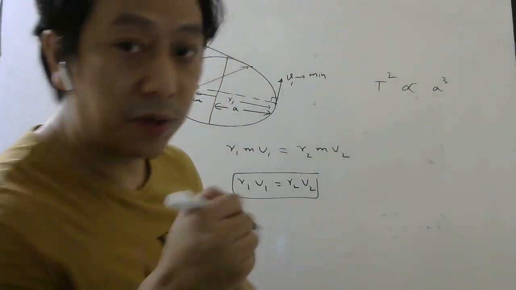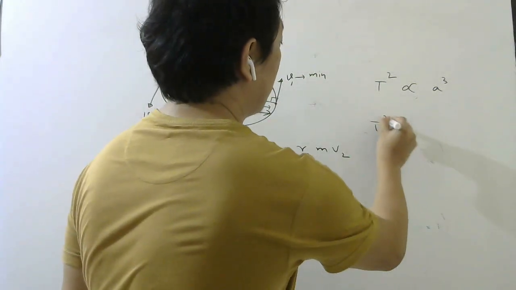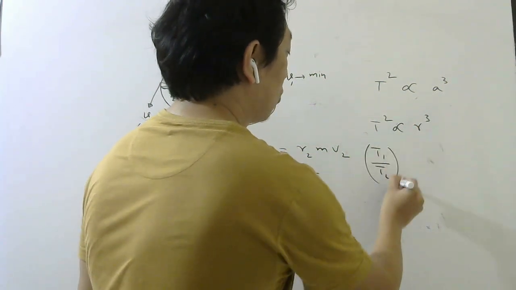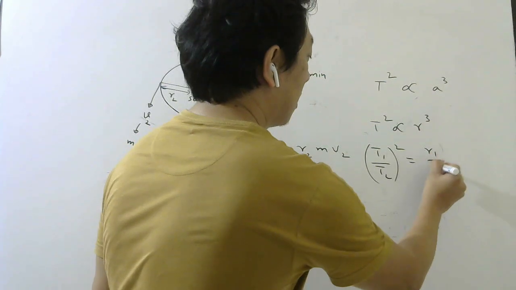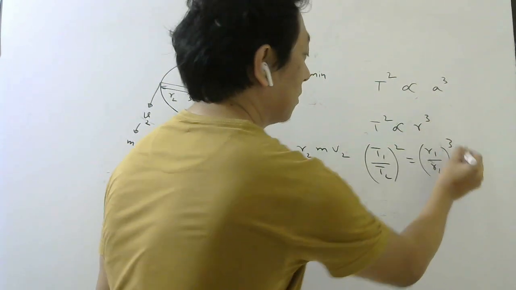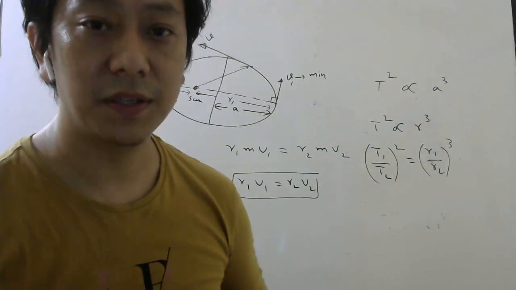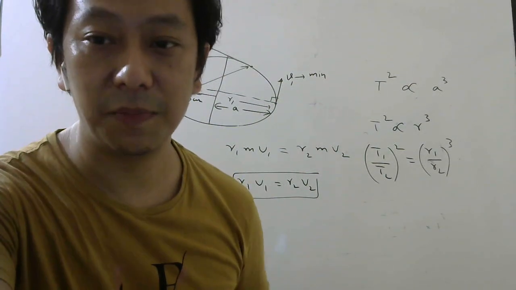And if the orbits are circular, then you write T square is proportional to r cube. So (T1 by T2) square will be equal to (r1 by r2) cube for any given planet. Okay. So these things I have covered. Just see how much you have understood and let me know if there are doubts.